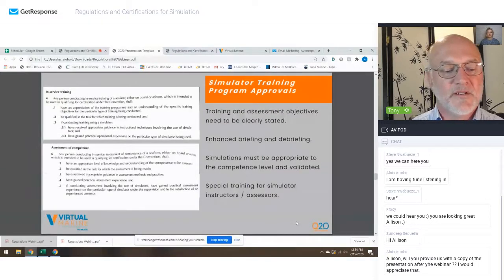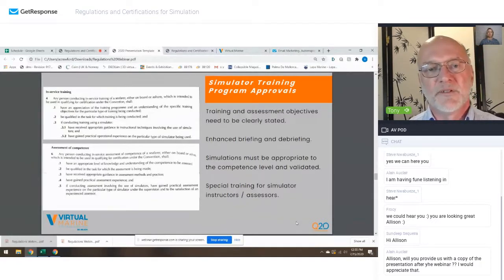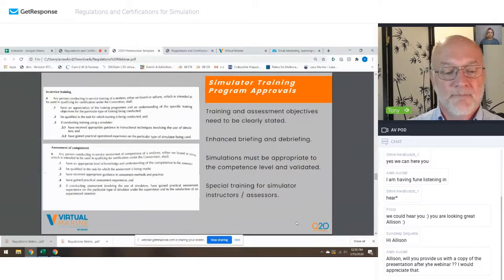Okay, and then this is the instructor training requirements. Basically, instructors or assessors, if they're using simulators, have to have special training in the training techniques using a simulator. Again, those techniques are very similar to the techniques used in hands-on emergency training. They also have to have received training on how to operate the simulator that they're actually using, so this would be like manufacturer or vendor training. And it's the same thing for the assessment of competence. There are IMO model courses behind this, but many countries have adopted their own local standards that they use for that. Next.